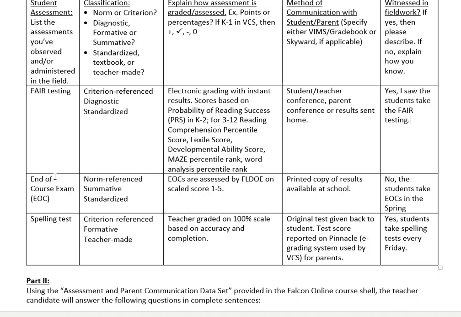So this chart, it shouldn't be 2 or 3. At very minimum, I would think you would see 6 assessments. Now, maybe not. Maybe you're in a specific experience and you can explain to me why you only had 5 assessments that you observed. That's fine. But I would guess anywhere between 6 and 15, depending on the nature of the season, if this is spring